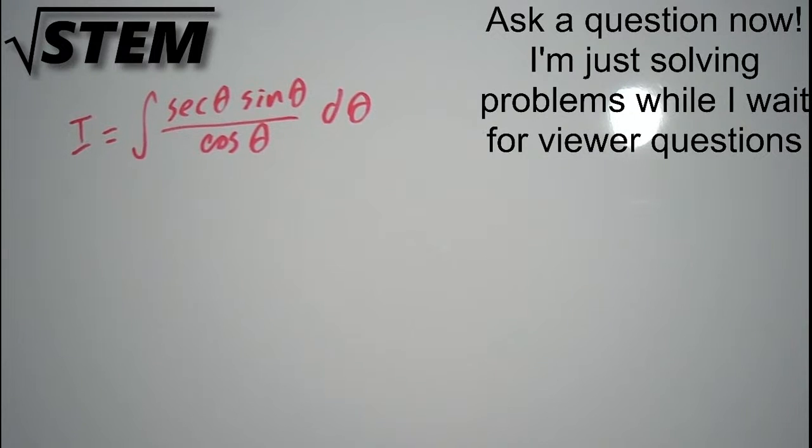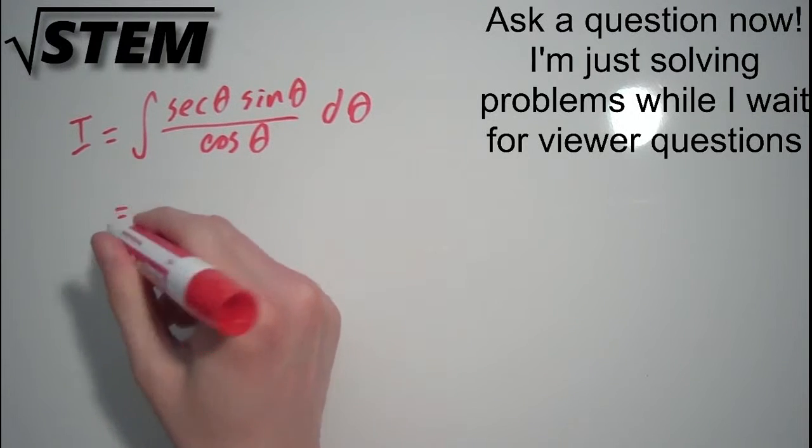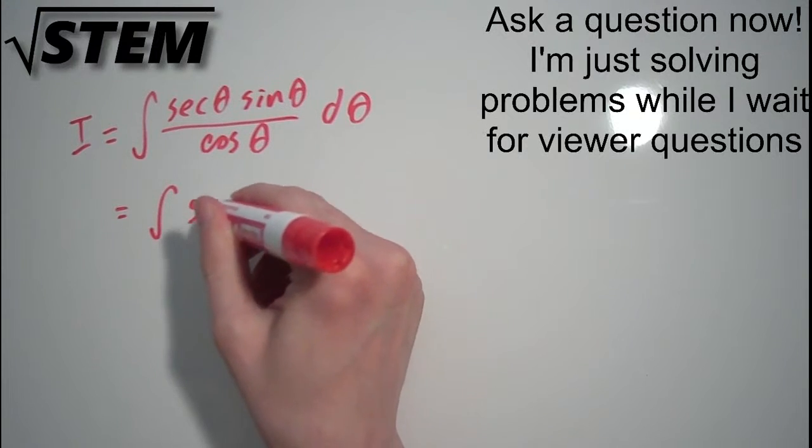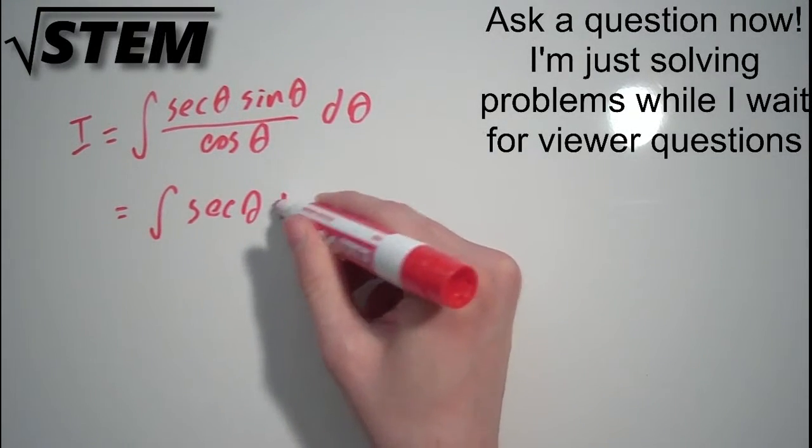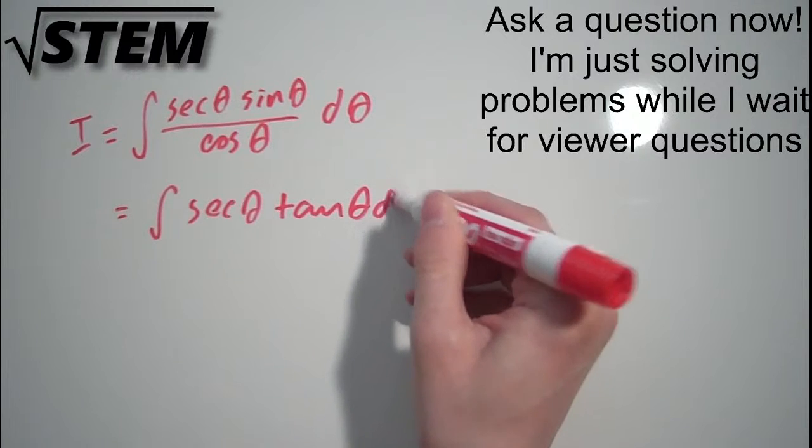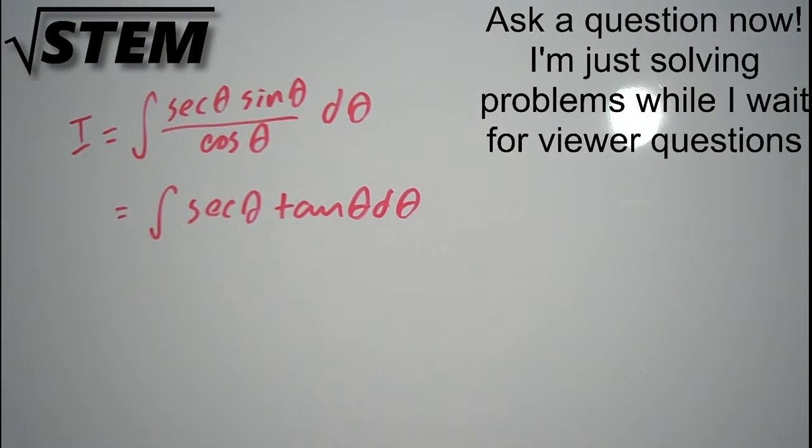Okay, so secant times sine over cosine. Now, I could obviously rewrite this as secant times tangent, but I'm not sure if that will help us,